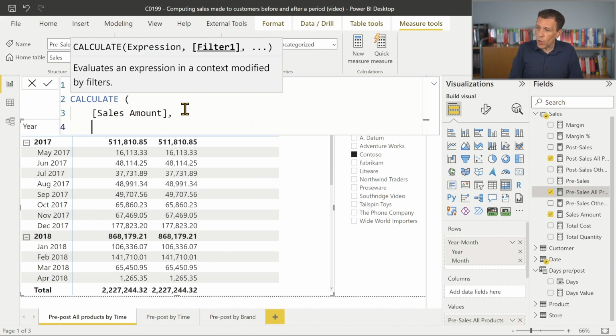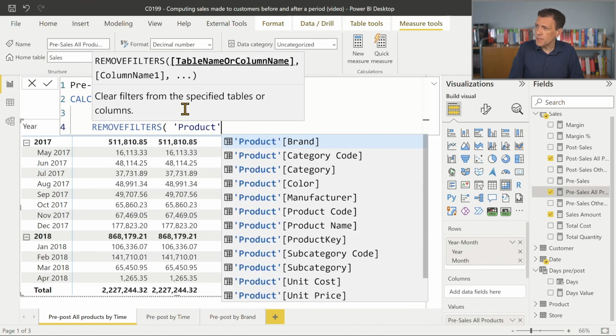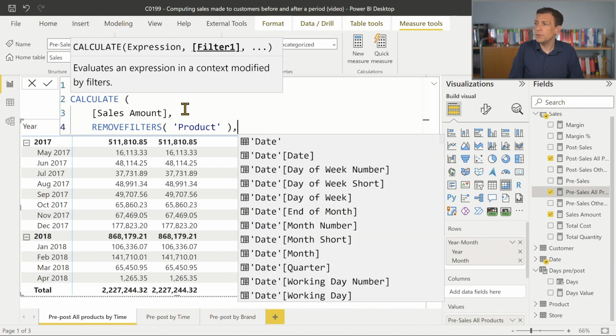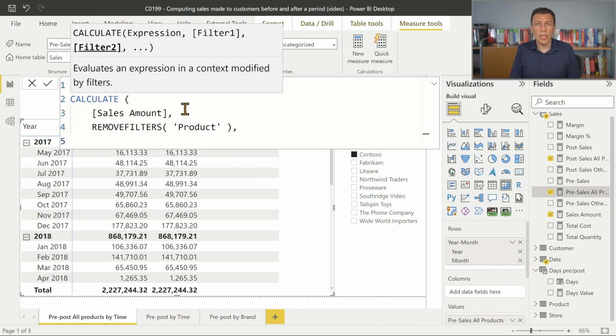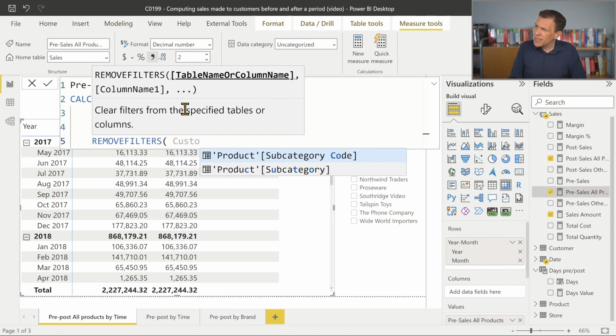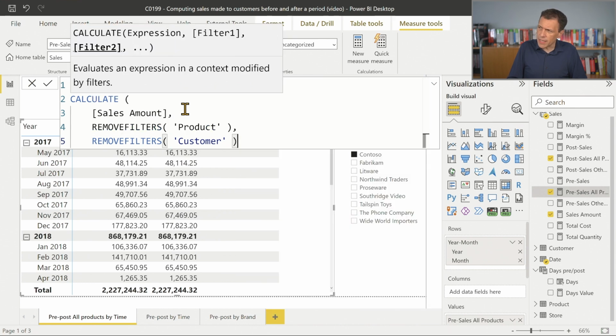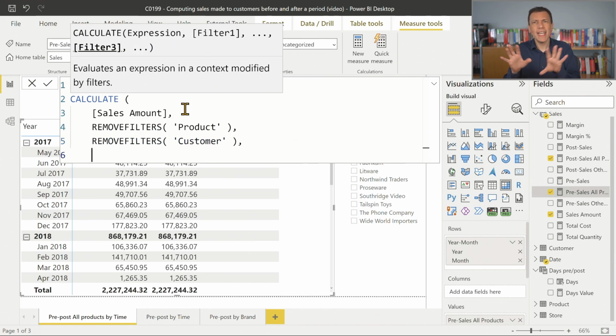We said we want to remove the filter from the product table. So this is the first action we certainly want to do. And then we want to change the filter for the customers. Because we want to change the filter for the customer table, we want to remove any filter we might have for the customer. So, for example, I can remove the filter from the customer table. This could be not strictly necessary, but let's say that we want to make sure that we don't have any other